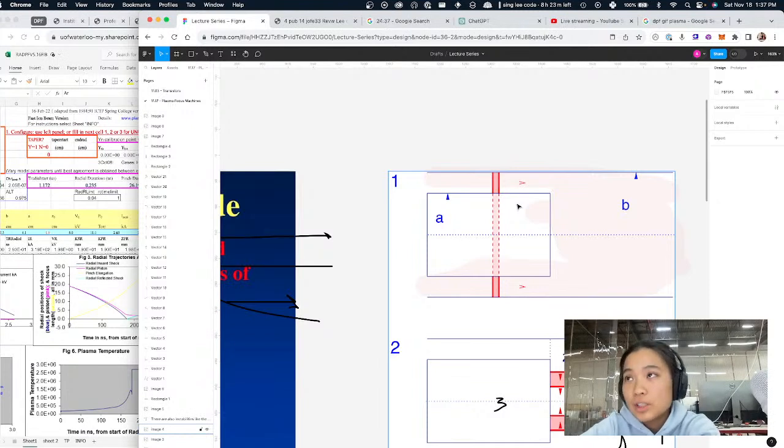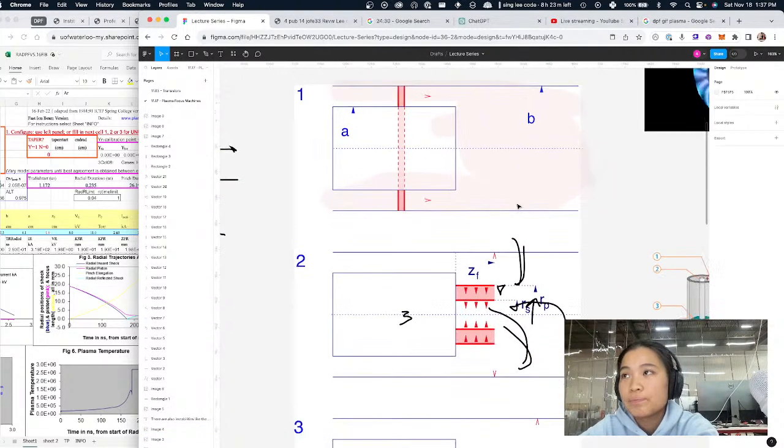My intuition is that when you ionize the air, it completes the circuit between the anode and the cathode, and then because of that,